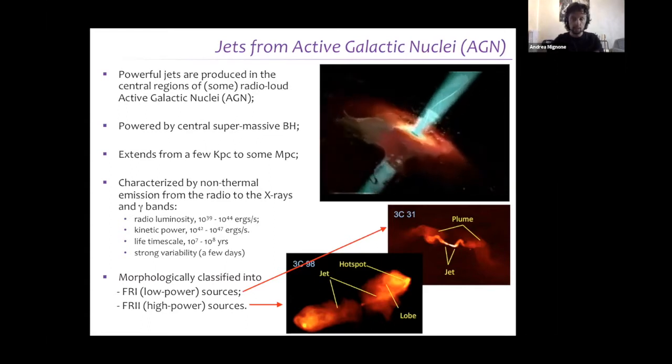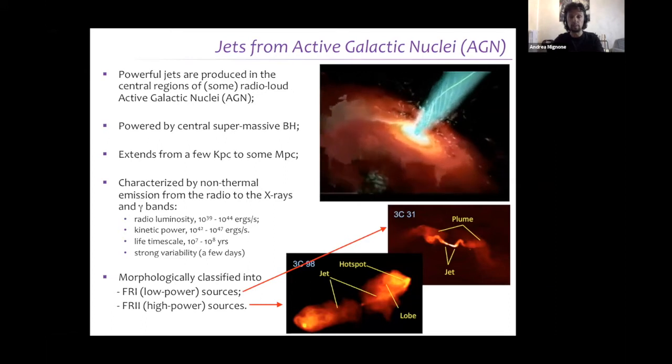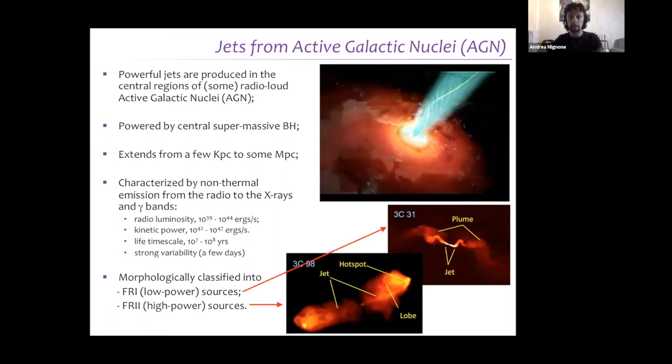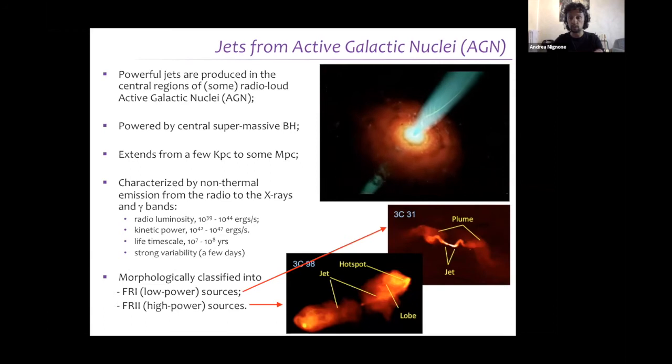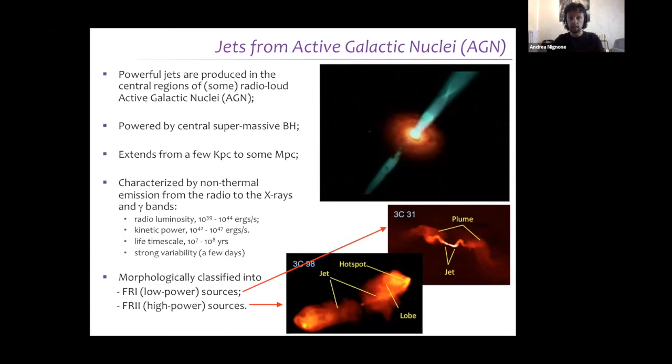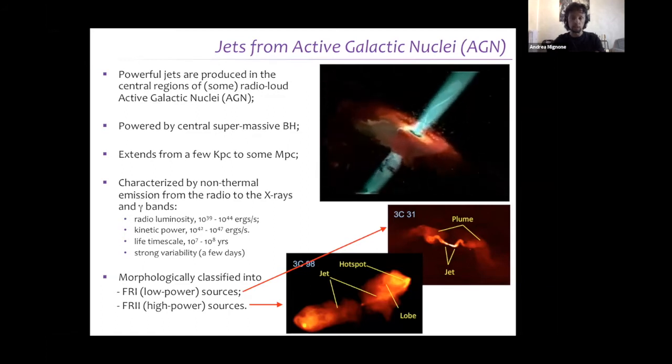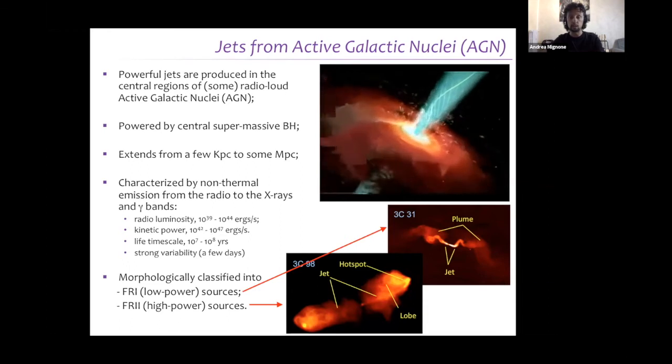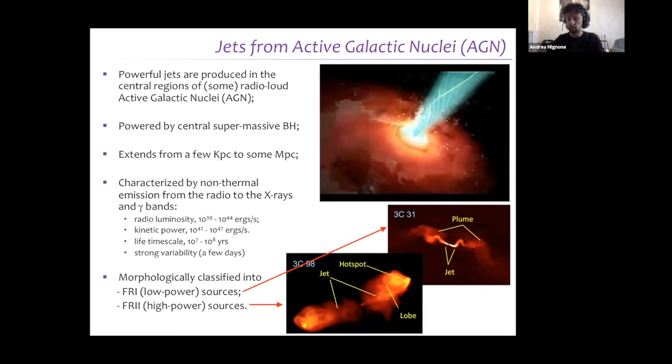Now, the spectral signature characterizing these objects is typically non-thermal, okay? And the radiation comes essentially from synchrotron and inverse Compton mechanisms in the X-ray and the gamma bands. There is a huge kinetic power ranging from 10^42 to 10^47 ergs per second. The lifetime is about a few million years here. And some of these objects, especially blazars, are characterized by a strong variability that can take place